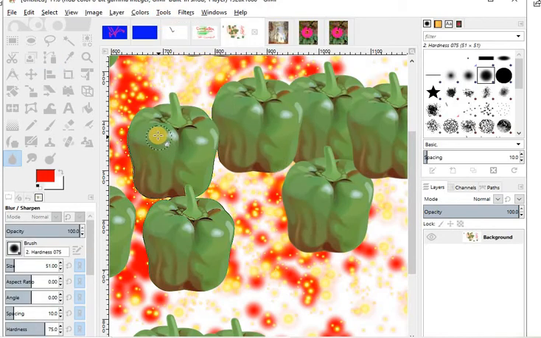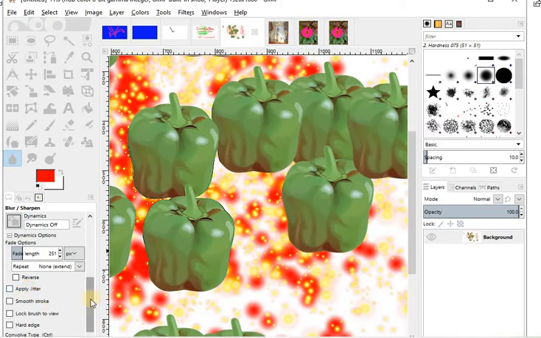Here we have the blur, and here we are going to make it blur. Now apply the jitter. See here also.